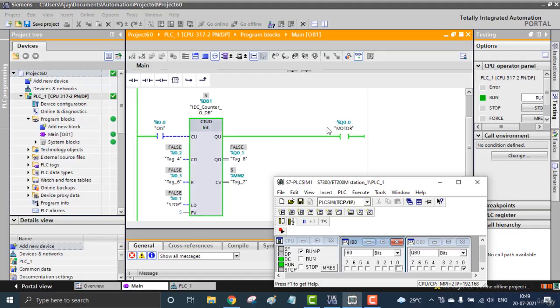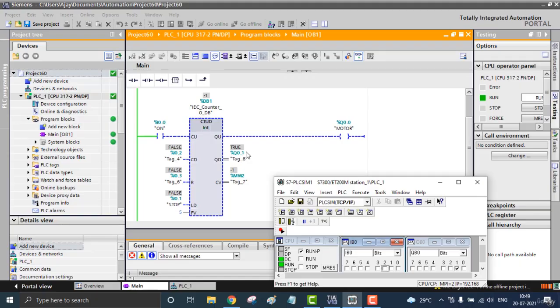At the fifth count we get the output QU, the count up. And when I go down counting with I0.2, 4, 3, 2, 1 and coming to 0, we get Q0.1 here, and it goes to -1 also. Still it is true. If it goes above 5, we get QU on. If it goes to equal or below 0, we will get the output Q0.1 as true. That is the major difference.